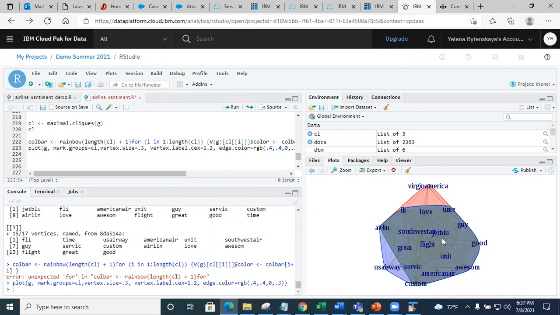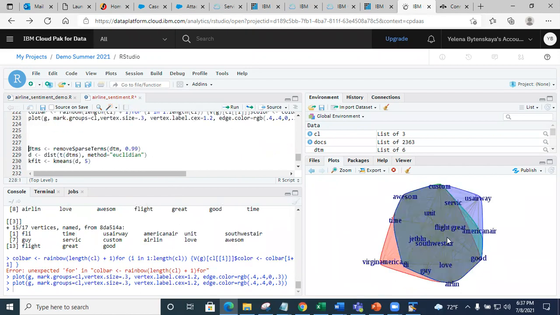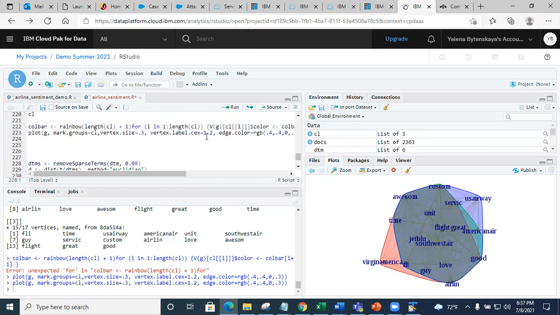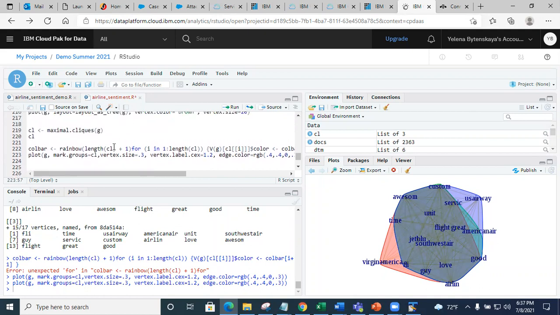Remember, some of it relies on random number generation, so each time you rerun it, it's going to look slightly different. To make this visualization reproducible, remember from Data 630, you would need to set the seed. You see there are three sets of terms, and you have a little shape on which all of these terms lie, if you will. You could try different layouts if it's not readable, and you could try adjusting the text size, etc. But if you do a network of terms, you need to do this, okay?